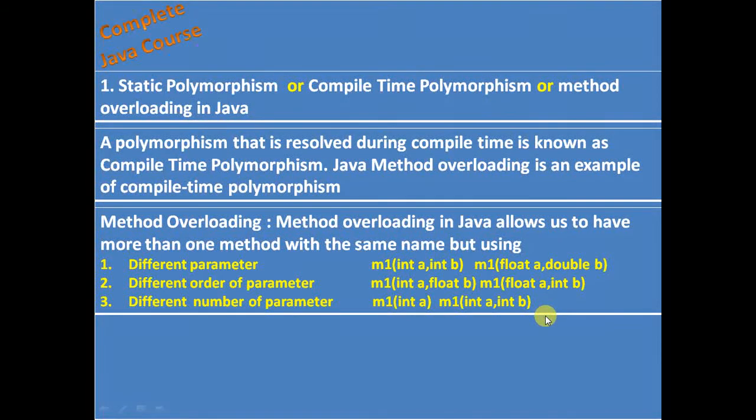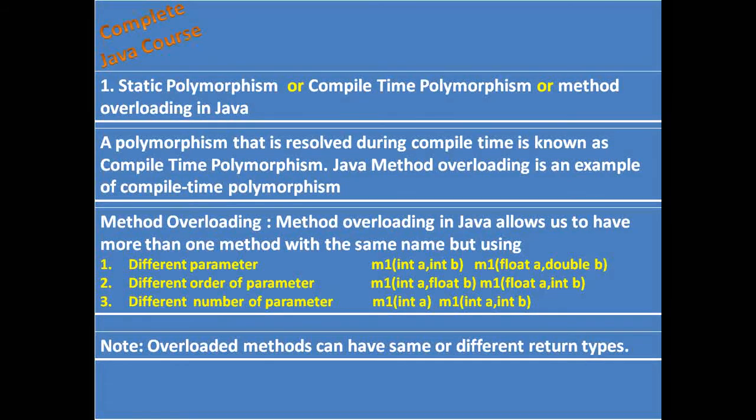So within one class, if two method names are the same but their parameters are different, their parameter order is different, or their number of parameters is different, then those methods are called overloaded methods, or this concept is called static polymorphism, compile time polymorphism, or method overloading.